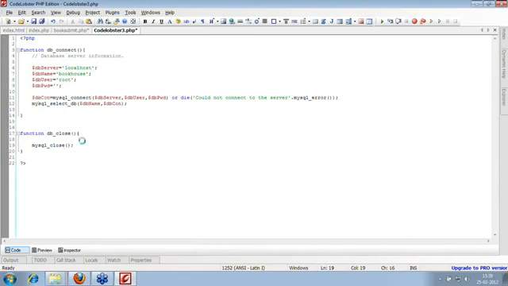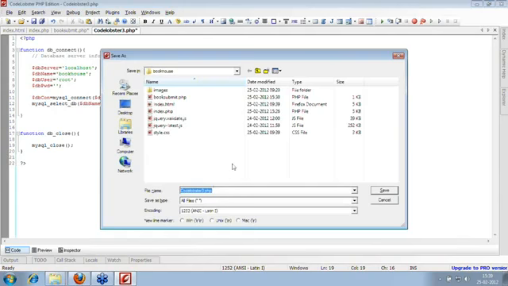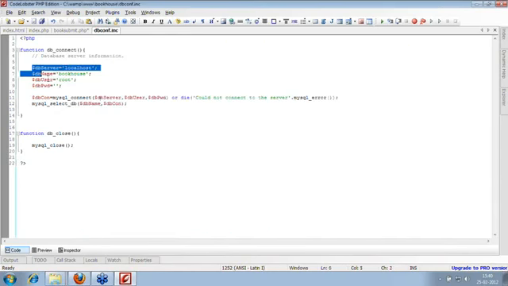Now let me save my file. So I'll say dbconf.inc. I can give inc, a PHP library module extension that I can use in PHP. Because I'm going to include this file, I'm just giving the extension as inc. So dbconf is a DB configuration. You can also store these values in your settings file, so you can create your settings file separately and then include that file here and then execute.